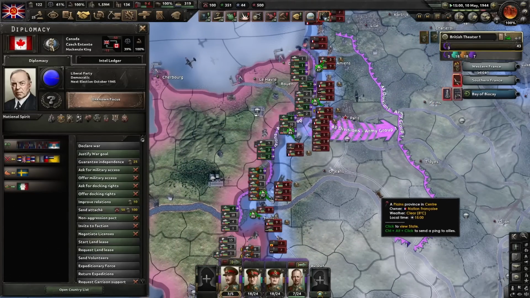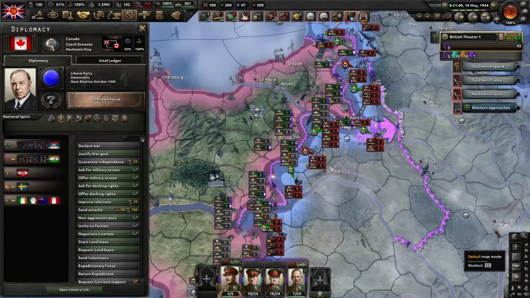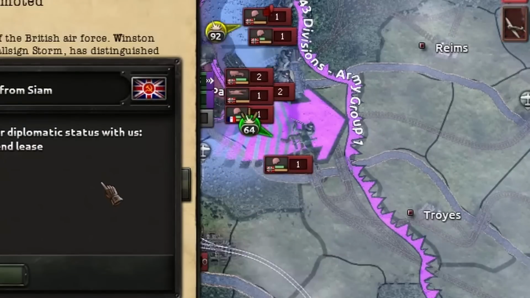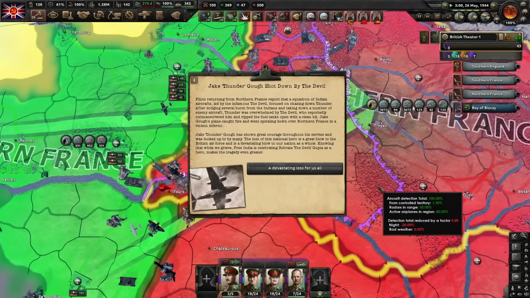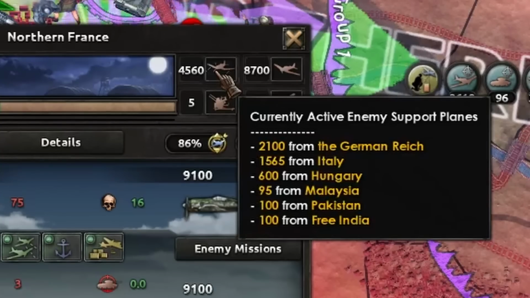Okay, let's see what we can do. If we can push. That's not a good exchange. I mean, I'm losing a lot of my air force, but we are pushing them, and I've seized Paris. Did we actually overrun a division there? Hot diggity darn! We're going for it, lads and ladies. It's worth the exchange. No, it's not actually worth the exchange. I'm sorry, how many support? Holy...